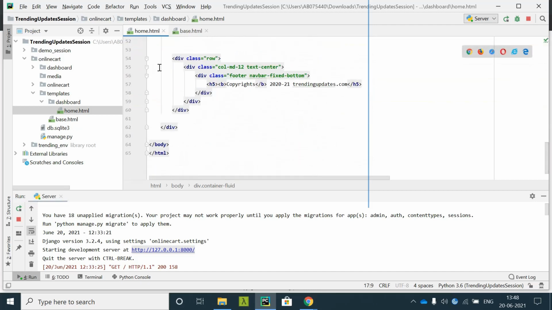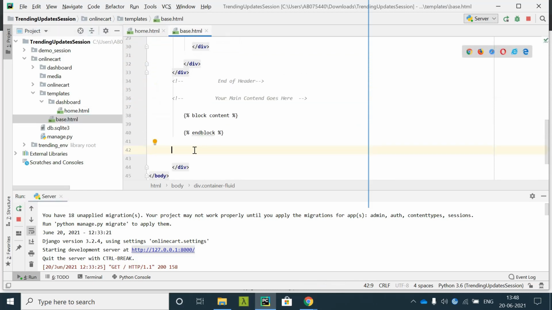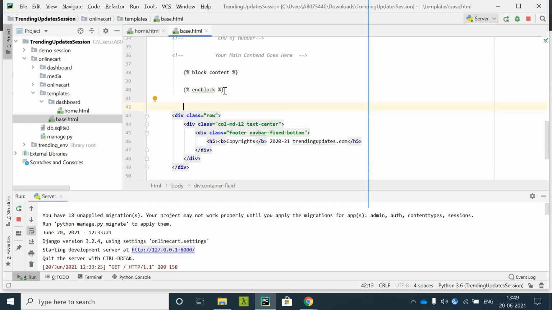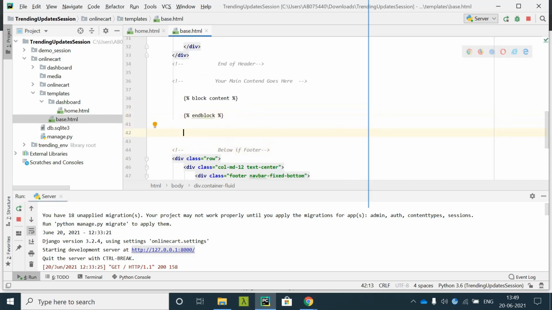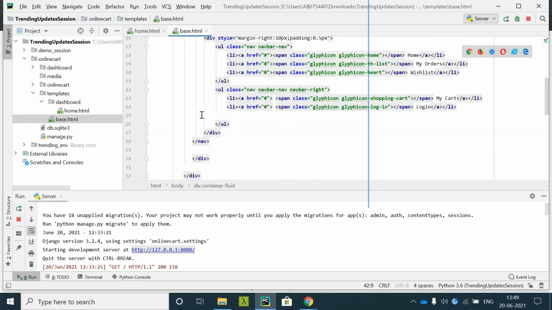We'll directly cut and paste the footer content here. I'm adding this comment so that you can understand it very easily. So let's move ahead and check whether this is working fine.